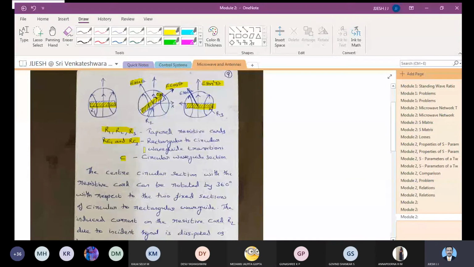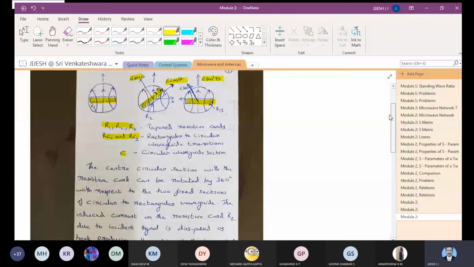See, when you write it, you feel like you have studied that topic. Until and unless you put it on paper, you will not feel like you have studied that topic. Okay, so that's the reason I want all of you to note down these things in the class itself. And simply sitting is of no use. So once you complete drawing that figure, you can just note down this explanation as well.